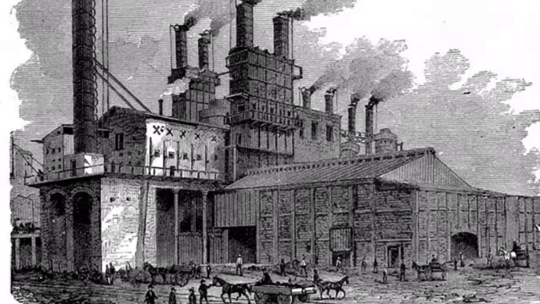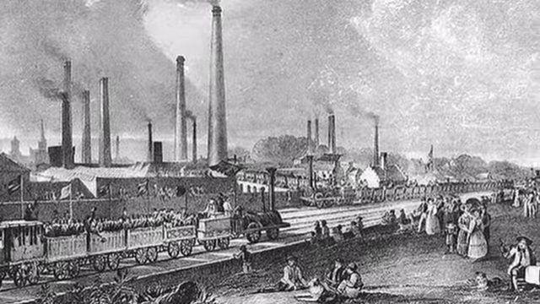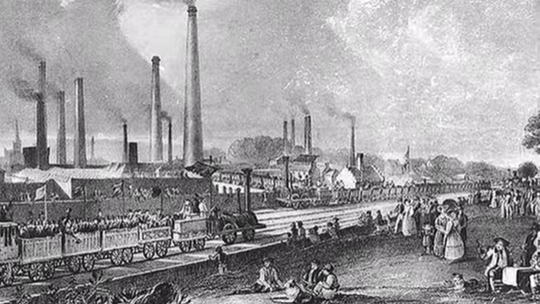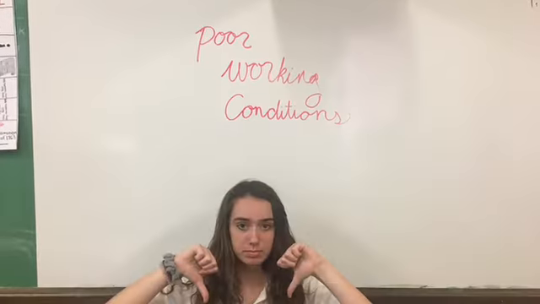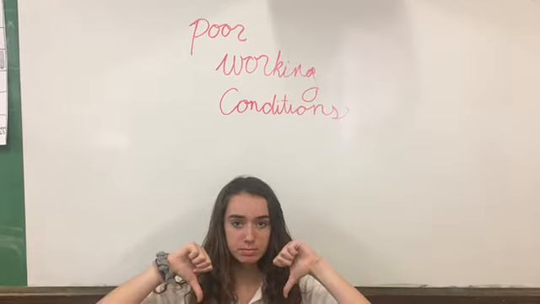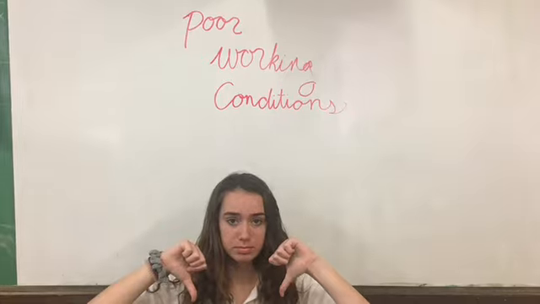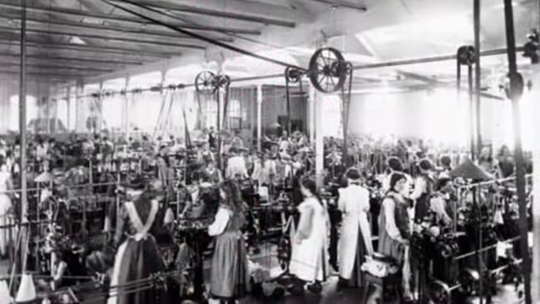The Industrial Revolution began in the 18th century in Britain. It later was brought over to the United States. While many great things were birthed from the Industrial Revolution, such as the steam engine, the light bulb, and the cotton gin, it also was the cause of many poor working conditions for people. Factories were one of the main causes of poor labor conditions.